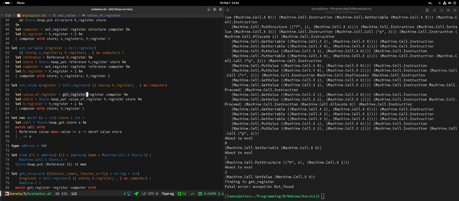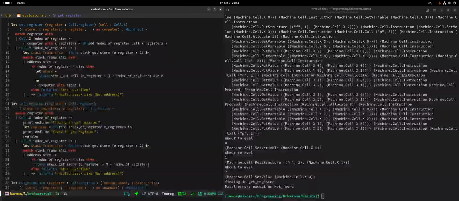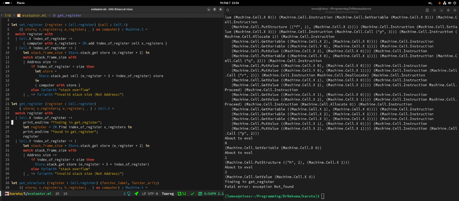Yes, and this is failing. Get register register computer. Yeah, and then we go to get register, which is the function that we implemented last time. The prints are even still here. Hmm. So ideas. Can we look at the memory and judge if this should work or not? Or is this crazy? We can try looking at the register map, right? Oh, that's one option. That I removed.